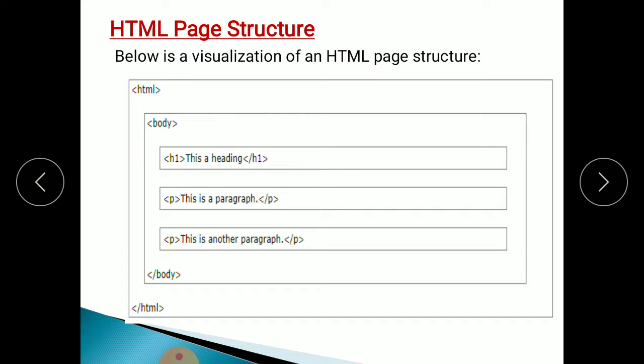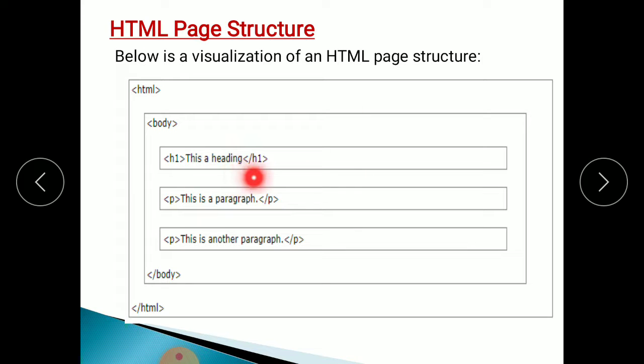Okay, this is the HTML tag. Then body: whatever message you want to write, you write within this body. See body, then use the angle brackets. Then the first one, this is h1, we use to write the heading. The H in h1 stands for heading 1, and this is opened and closed with angle brackets. Whatever heading you want to write for your document, you should write here. I have written here, this is a heading. This is the structure of the HTML page.